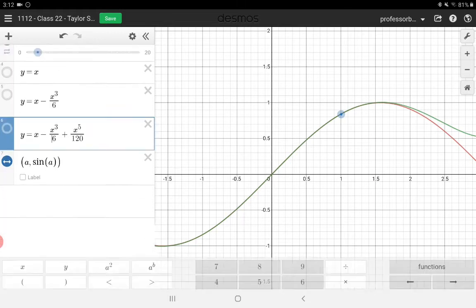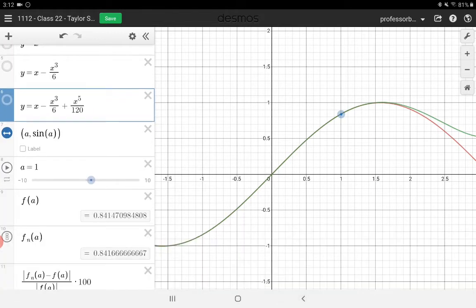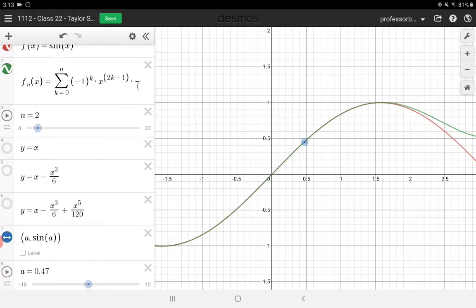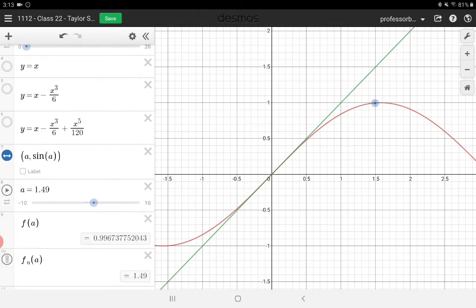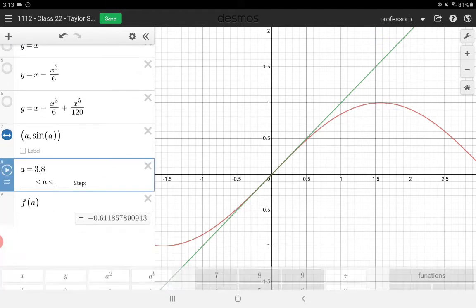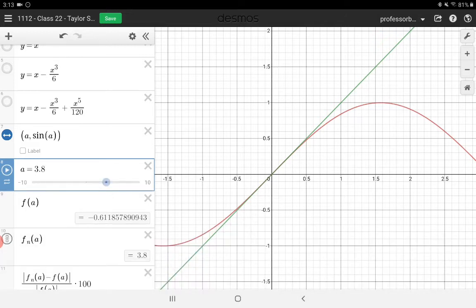So let me show you stuff that I have down here in the bottom left to convince you of that. The blue dot on the curve there, you can move around for yourself. So let me back up to the line. When you click and drag that blue dot, it stays on the sine curve. So it's plotting a particular point, and you can even go down here and change A this way, or you can just go in and straight up type a number for A if you wanted to. I'm just going to type,